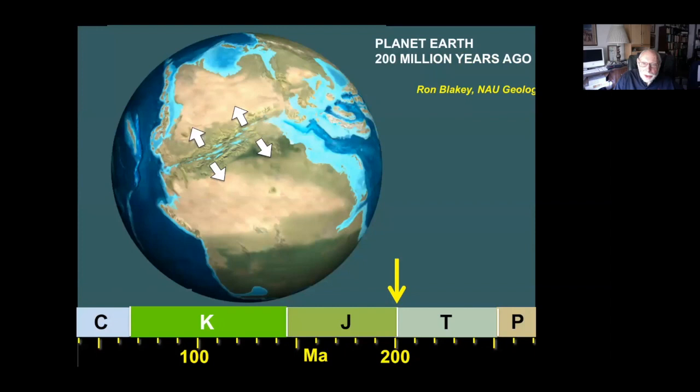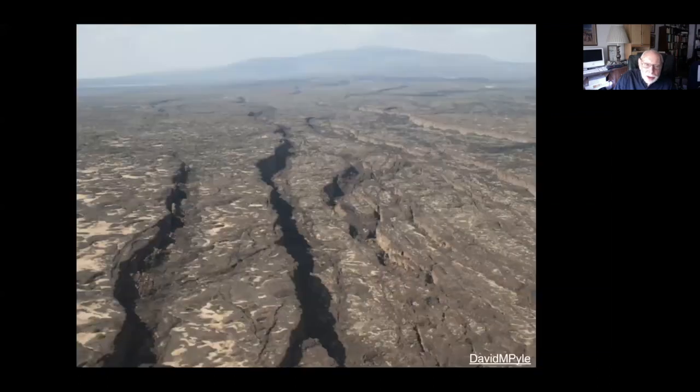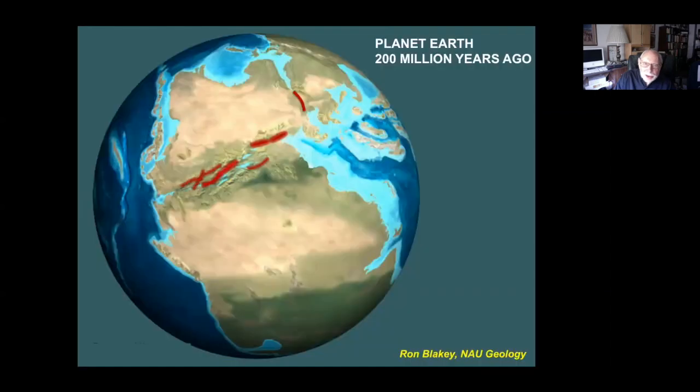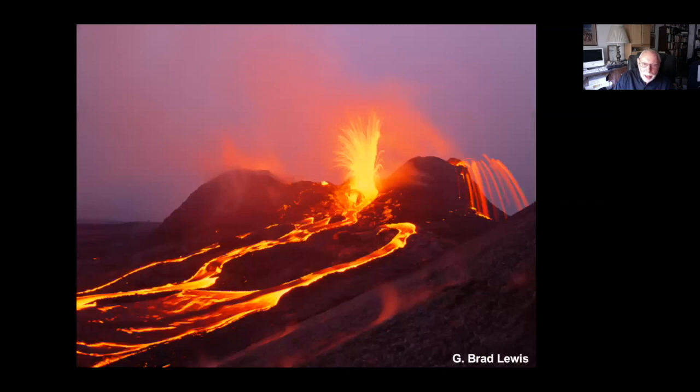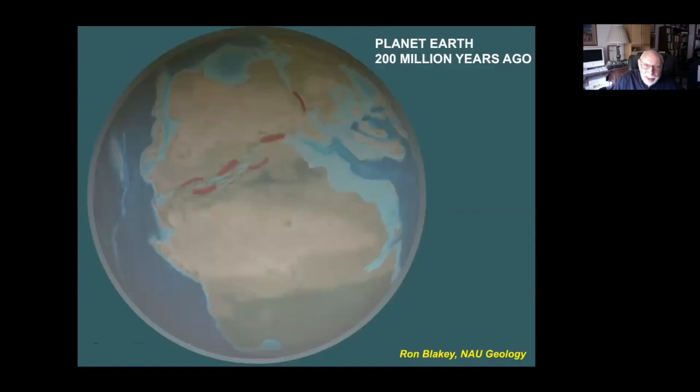As happens, the Earth starts to change. In this case, the megacontinent Pangaea starts to break apart, starts to rift apart. And where you get rifting, you get valleys and fissures in the crust, and these lead to volcanics and lots of volcanics. And so the Earth, once again, is impacted by large-scale volcanic eruption. But unlike the one that ended the Paleozoic, the one that killed everything off, the Great Dying, which was extremely warm,